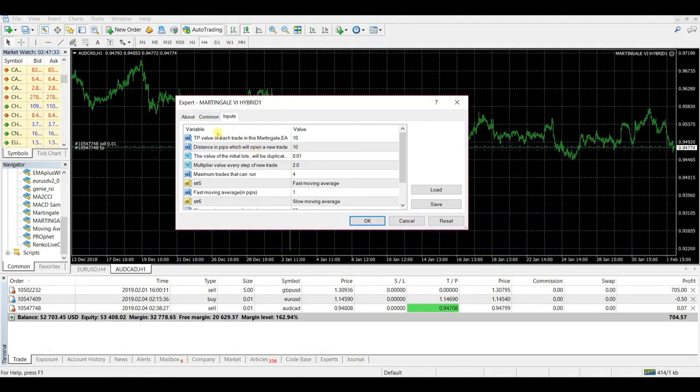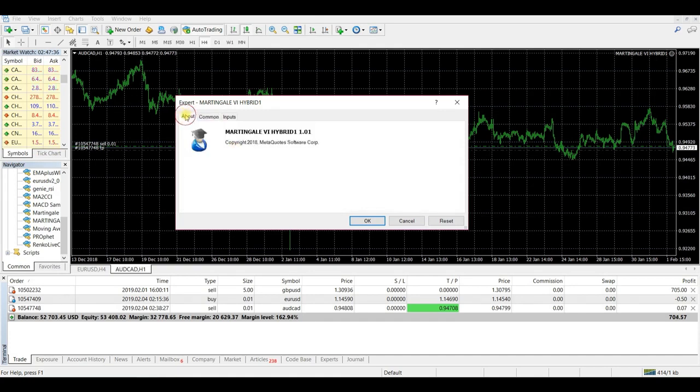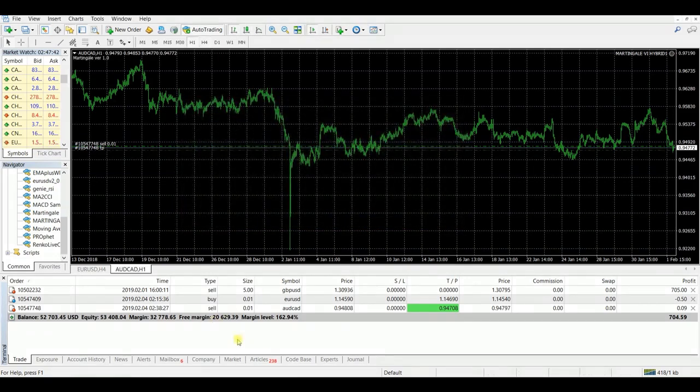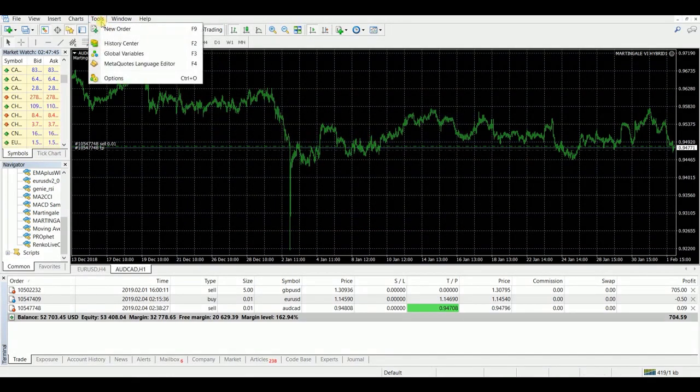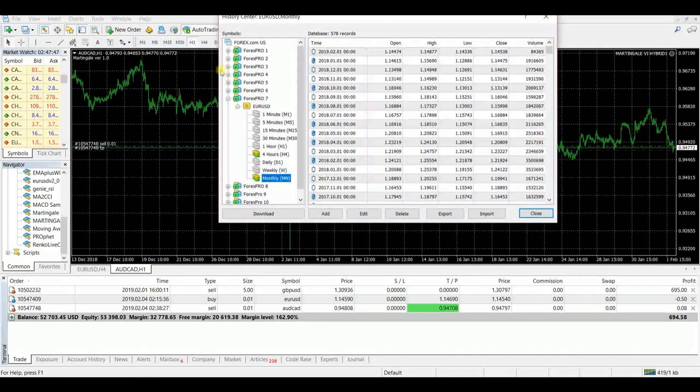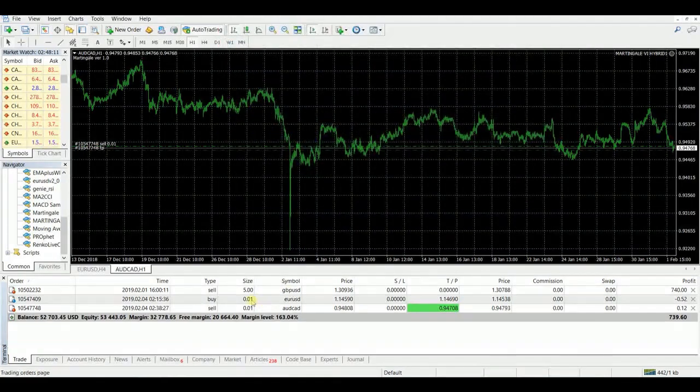Here it's going to show you the inputs and some other information about the expert advisor. I'm just going to hit OK. First, we need to download our data, so we go to the History Center. I'm going to be working with Euro and US dollar, so you can click on all of them to make sure it downloads. Then you select Euro versus dollars and hit download. I'm not going to do it because I already did it. After that, you will open the strategy tester,